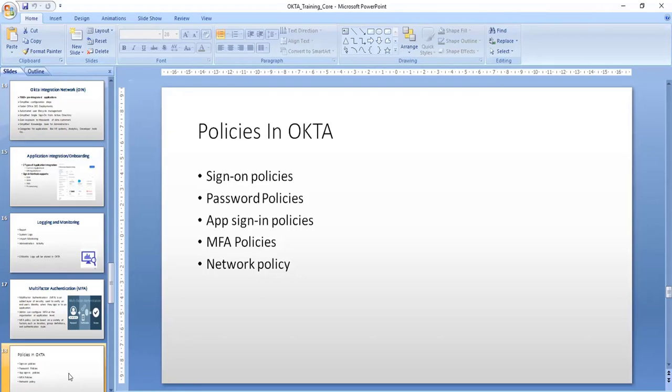If the user is trying to access that Zoom app, you can define the MFA policy for the Zoom app in a different way. For example, he can access only with Google Authenticator while accessing Zoom.